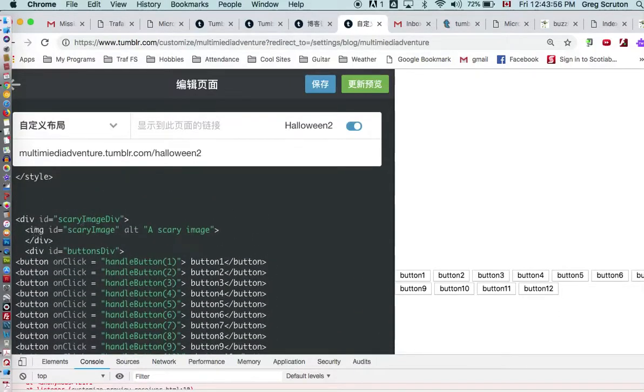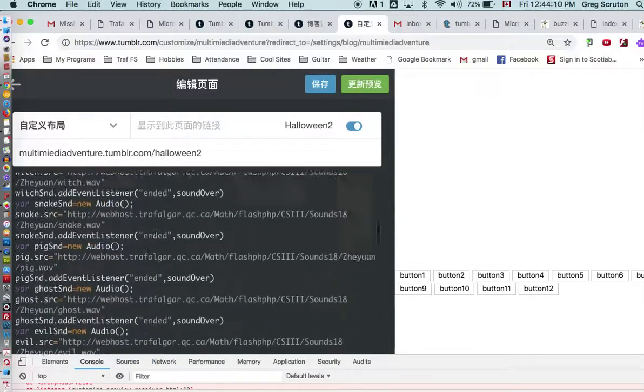And then in our image, I think we need to have, at the end of it, a little slash here to close it. And I think that's about it. So that's it for the HTML. Up here in the code,